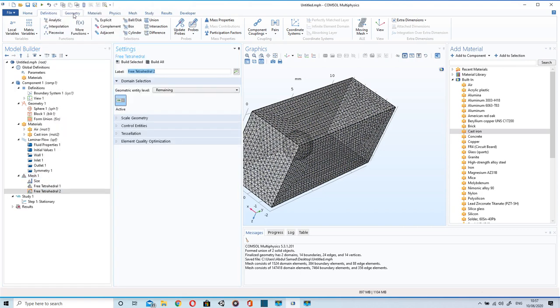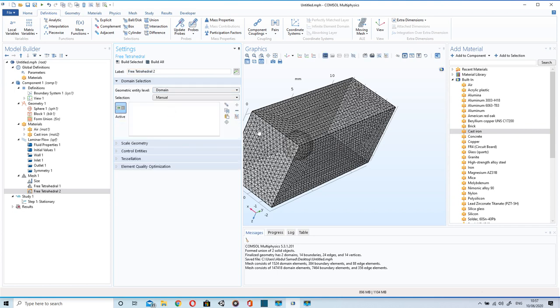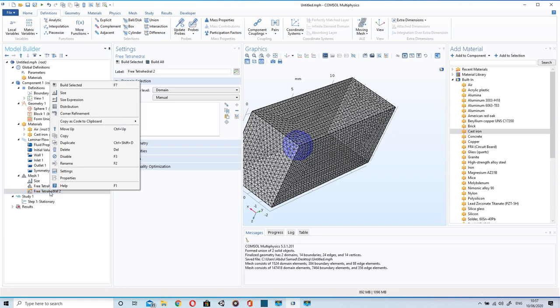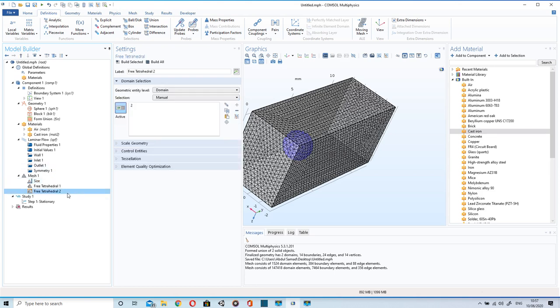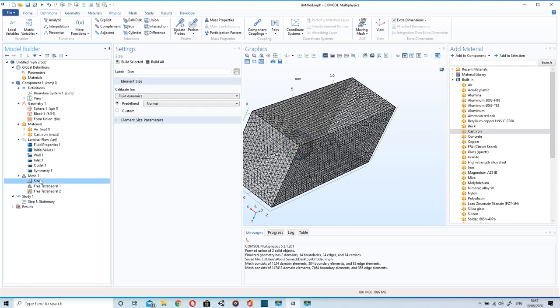Again we will make another free tetrahedral mesh for the sphere. We'll build the mesh.